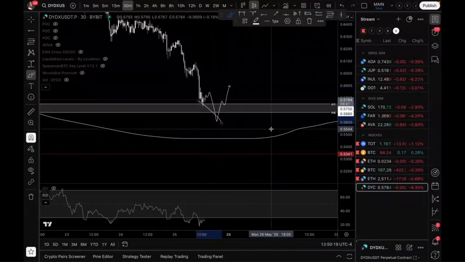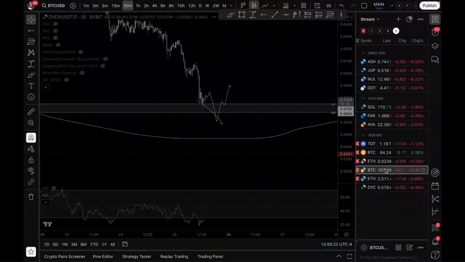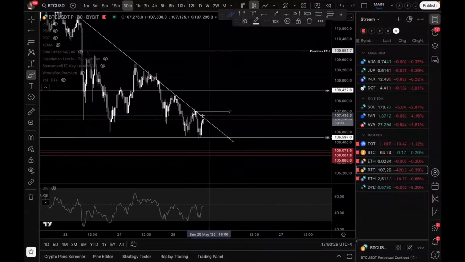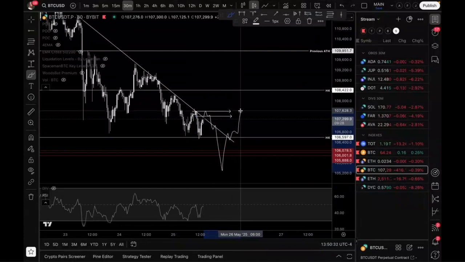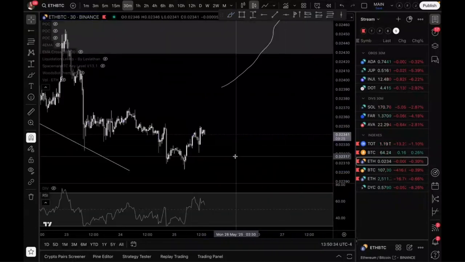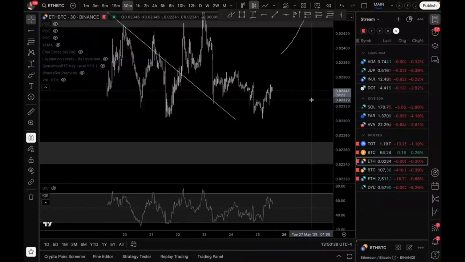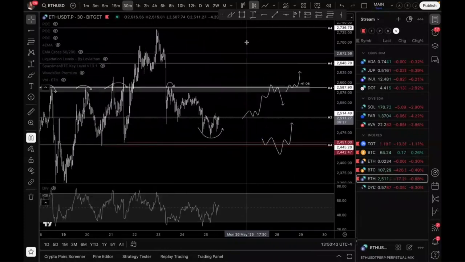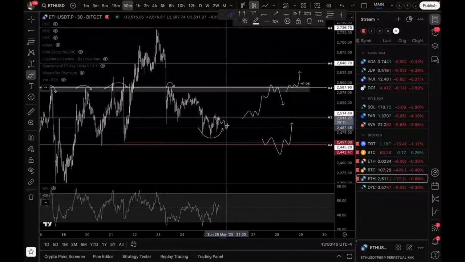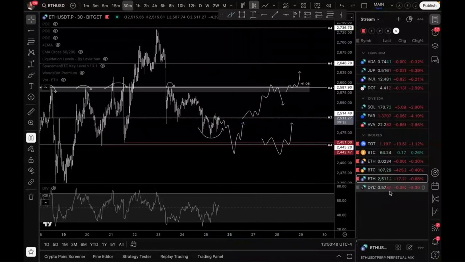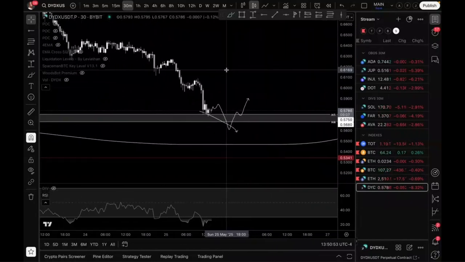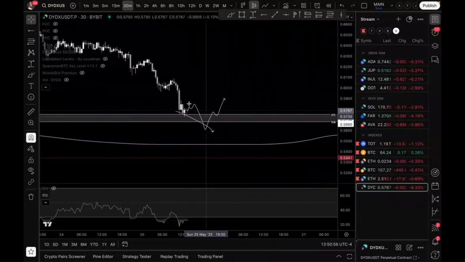So say Bitcoin and ETH do what I was talking about, and say we just reject here, fail to flip, and we actually get that move into the lows. ETH maybe, being the shitcoin that it is, rejects here and you actually get a wick down or something. Looking at this trade, this is absolutely beautiful if that happens on DYDX